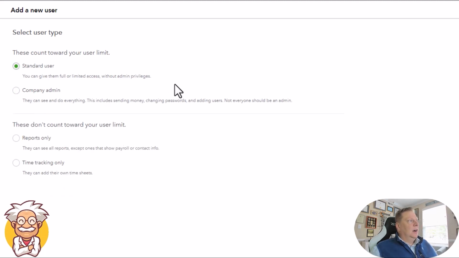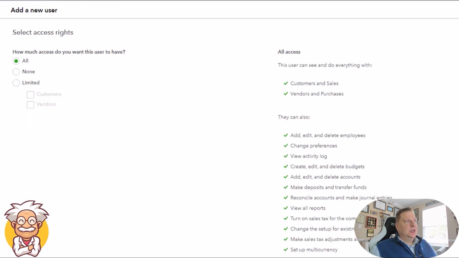So if we are a standard user, we can always put on there that they can only look at the reports only, or they can just look at time tracking. So let's go ahead and add a user. We're going to add a standard user. Again, this would be in versions greater than Simple Start. So let's go ahead and add a standard user. So when you click Next, this screen shows up,